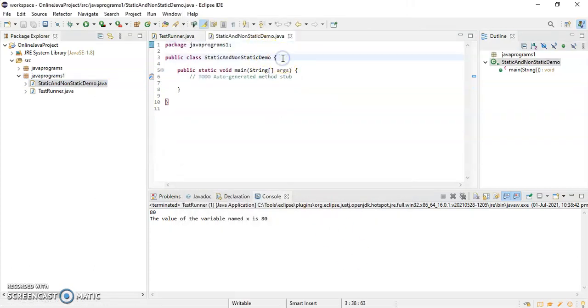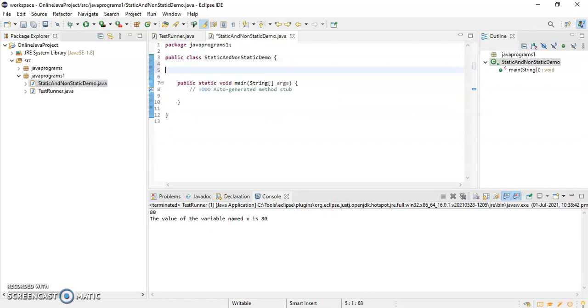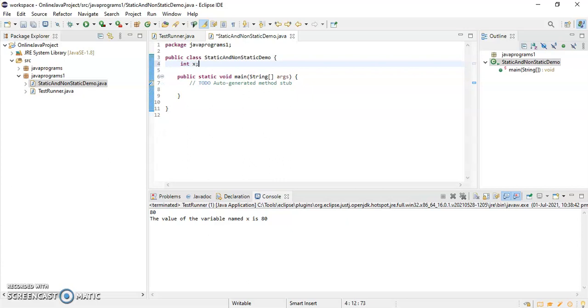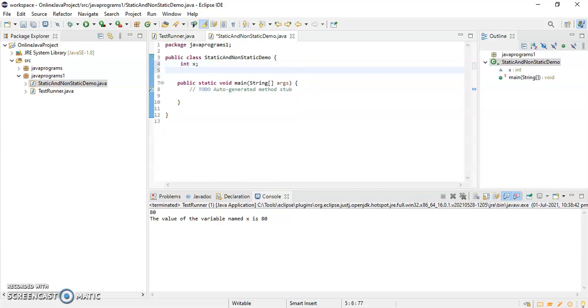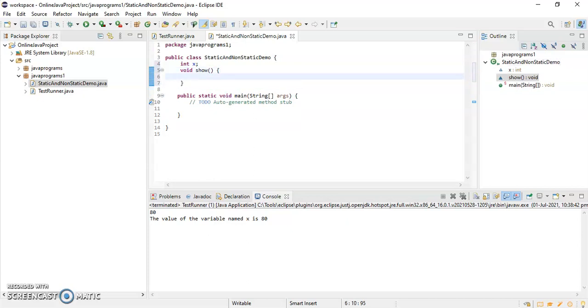So for example, I am creating one variable here, say int x, and I am creating one method, say void show. And I'm just writing syso, that means system.out.println, I am inside this method.